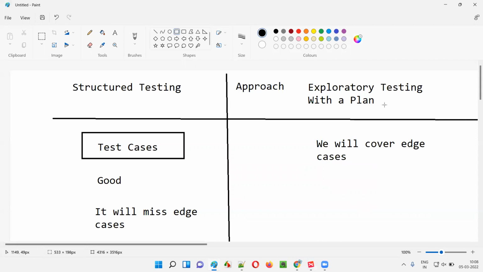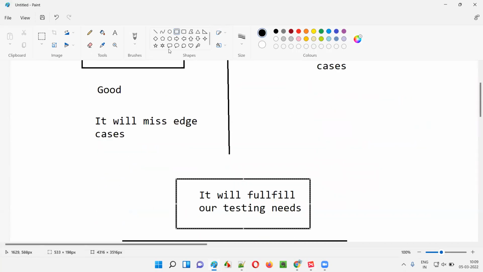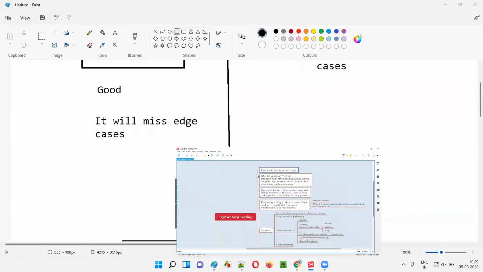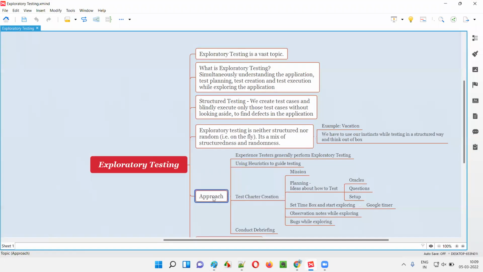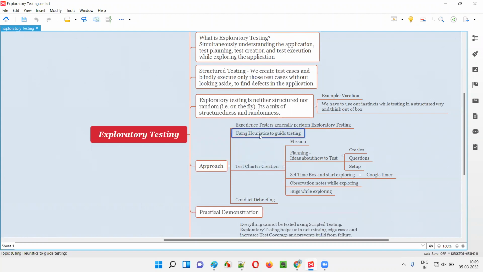What is exploratory testing? And the exploratory testing approach, we have to do that. There are a few terms you have to understand. So how can we make this exploratory testing an approach-oriented exploratory testing? For that, guys, there is a concept. If you have to make it approach-oriented exploratory testing, then we have to use something known